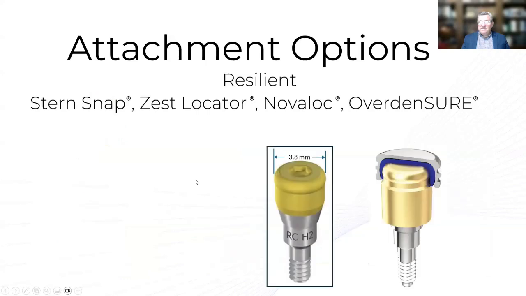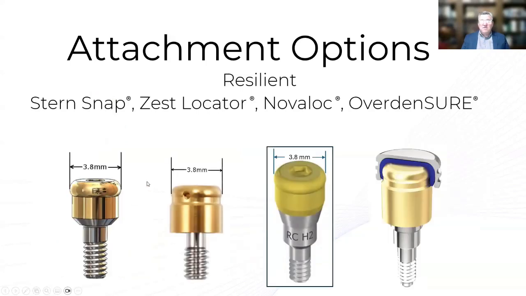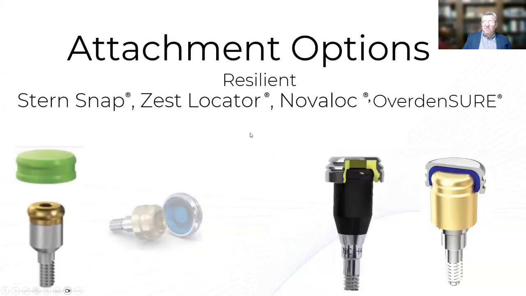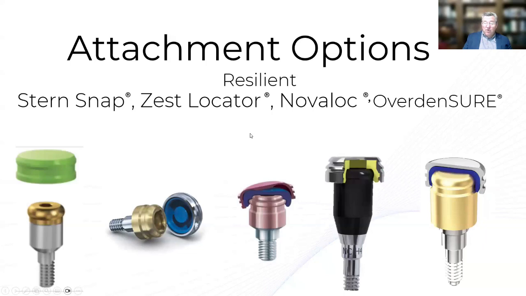But the only difference in these different systems is, as I mentioned, you've got Stern Snap, you have the Zest Locator, you have the Novalock, which is also 3.8. You've got the Overdenture by ZimV. They all function the same. Okay, they're all the same size, and people are going to tell you that no, you have to use our caps on our implant. Well, I can tell you that these are all produced after the same OEM 3.8 millimeter size dimension, because the locator IP ran out and everybody uses the same ones. So again, they're all resilient in their own way. They have a little bit of a vertical bounce, but